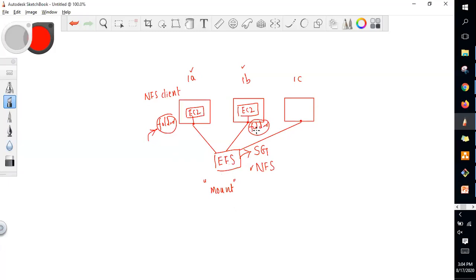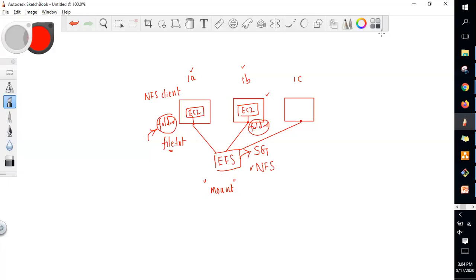Now, if I create a file in this folder from the first instance, this file would be stored in this file system, and this file can be seen from this folder also from another instance. That is what we are trying to prove.